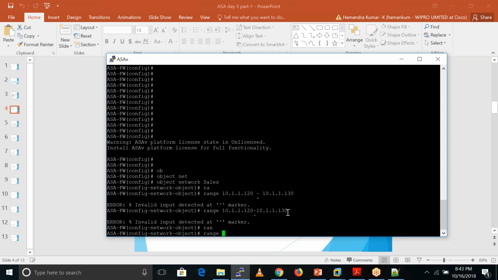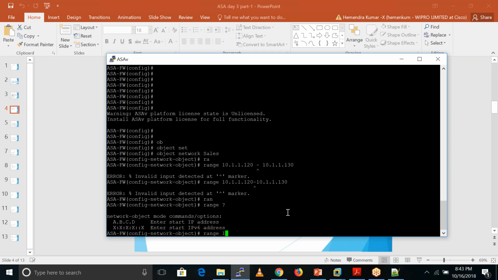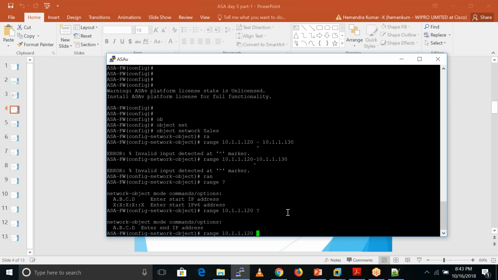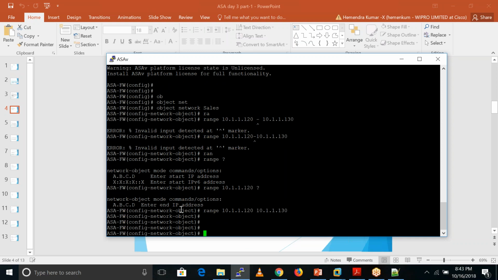I think I'm writing the wrong format, no worries. After that we need to enter the end IP address, so it includes all 10 users, 20, 21, 22 to 30 in this range. So we have created this group.